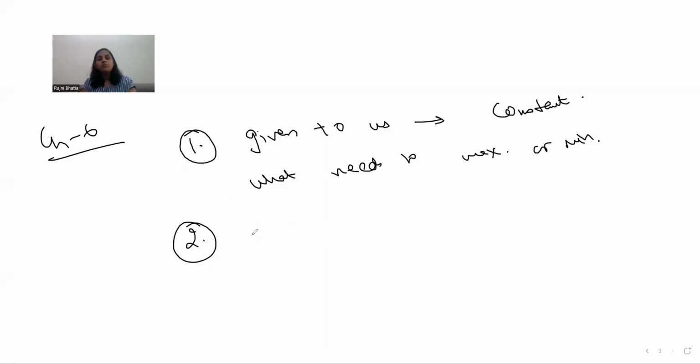Next thing that we need to remember is that whatever we need to maximize or minimize should be in terms of a single variable. The function